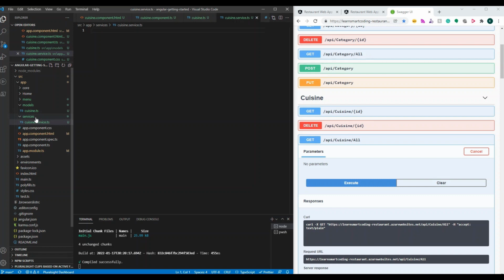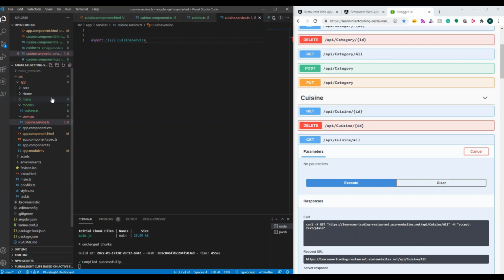Whichever services are common across the application, it is best to put them outside the module, which is what we are doing now. In our case, it's a small application and we really don't need to have it inside a module because we don't have a module now, right? So we will create it. How do we create it? We just need to create a class called cuisine service and export it. So export